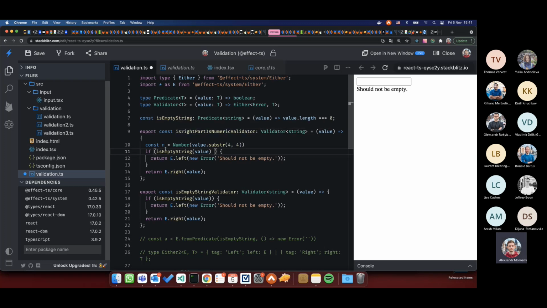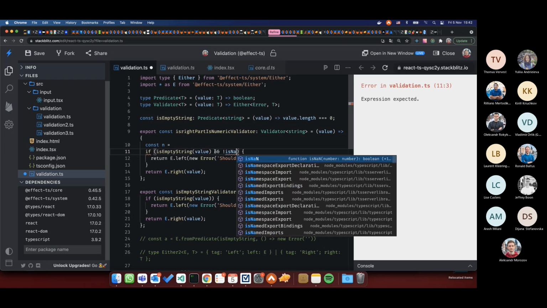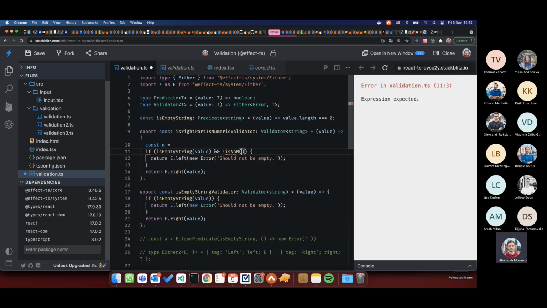So it's not empty, and then this is not none, because you can write some things that cannot be converted to number. It will be none instead of number. And then